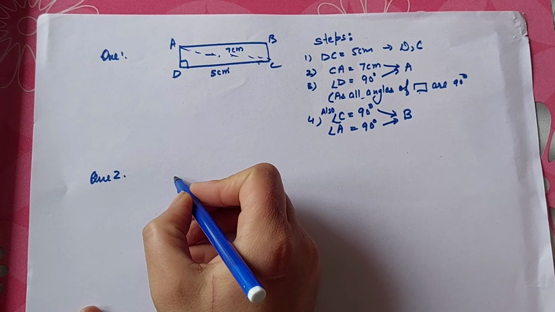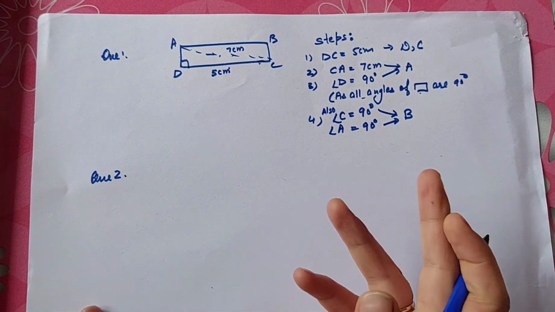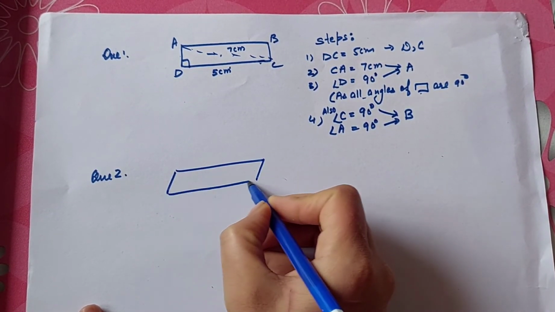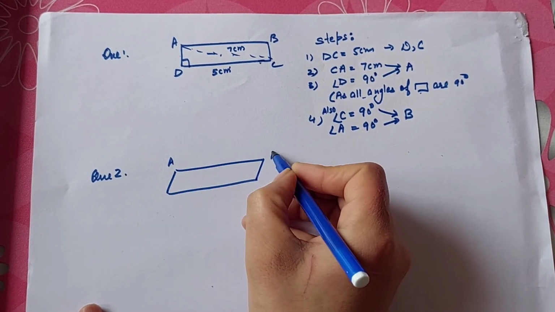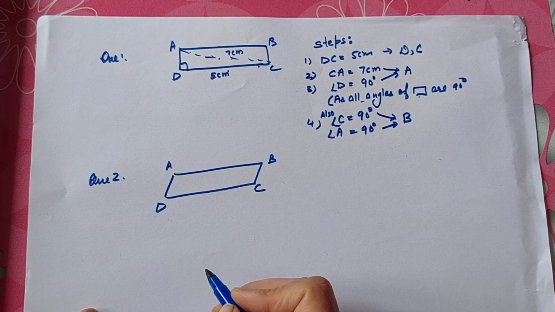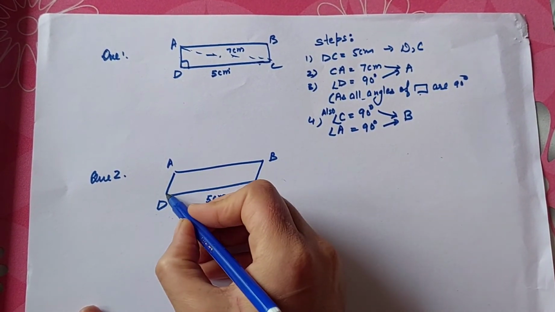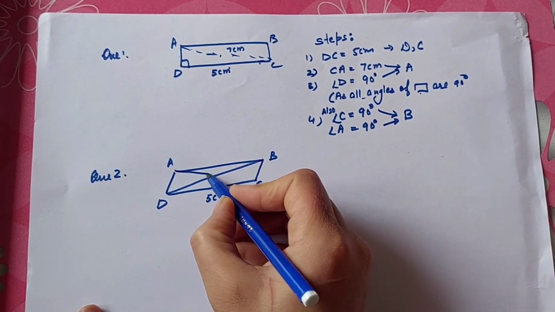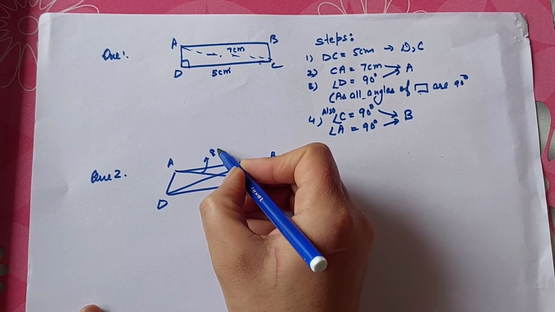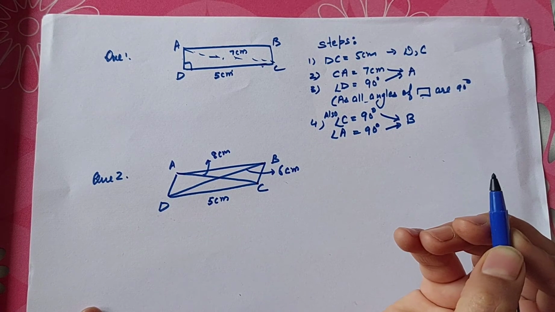So let's draw the dummy. You can draw any figure, because the dummy can be any four-sided figure. It need not be a parallelogram, but we can draw that also. So this is your ABCD. And here one of the sides is 5 centimeter. Let's take this as 5 centimeter, and you have been given two diagonals. One is this and the other is this. So this diagonal is 8 centimeter and this is actually equal to 6 centimeter.